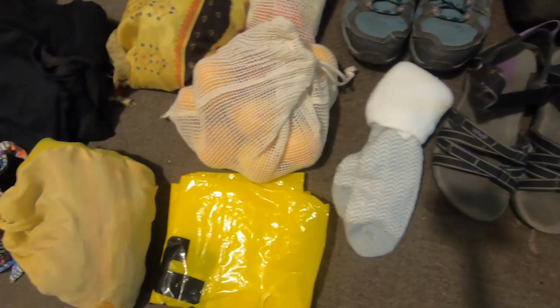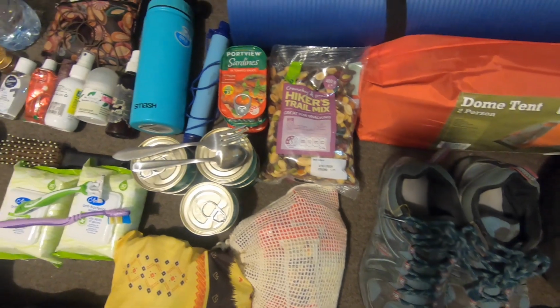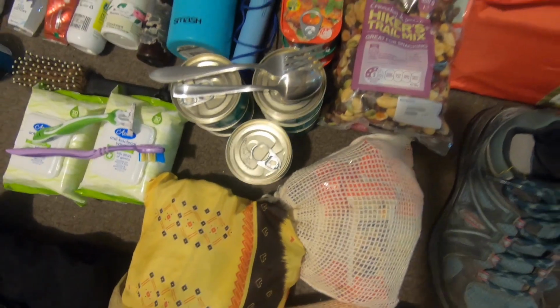Some fluffy socks, bag of oranges and apples, a carrier bag for my rubbish, a bag full of cereal bars, hiker's trail mix, sardines and tuna for evening meals, another bag of cereal bars. I don't even know what's in here. Oh, this is a ton of socks and underwear in here, a bikini because there are lakes, bags to put